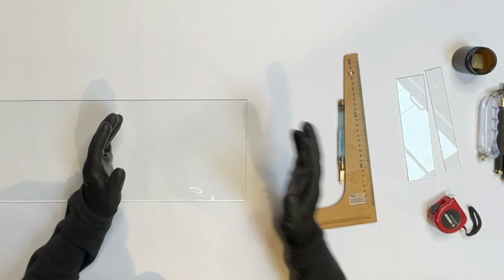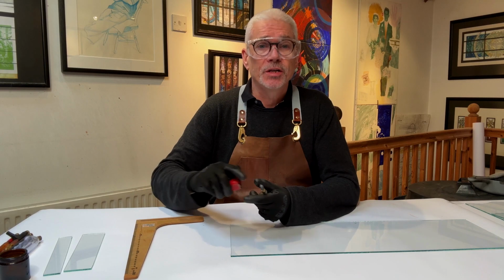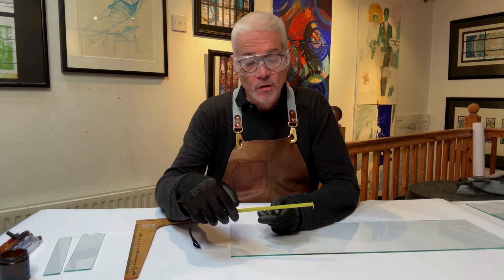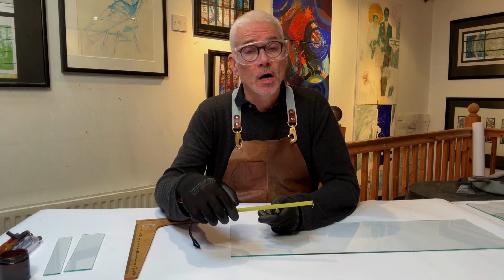So the golden rule is whatever glass cutter you're working with, just check exactly how much you've got to add to allow for the glass cutter housing when you're making your cut. And remember, when you're cutting glass, always wear protective goggles, and if you are a beginner, I do suggest wearing